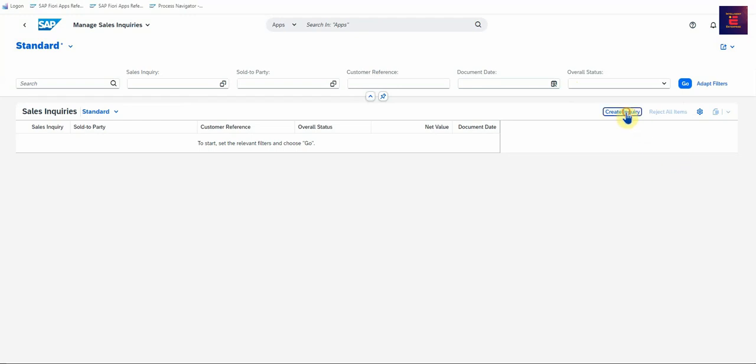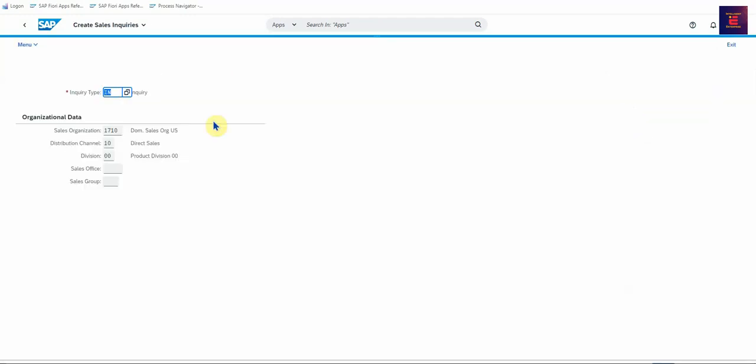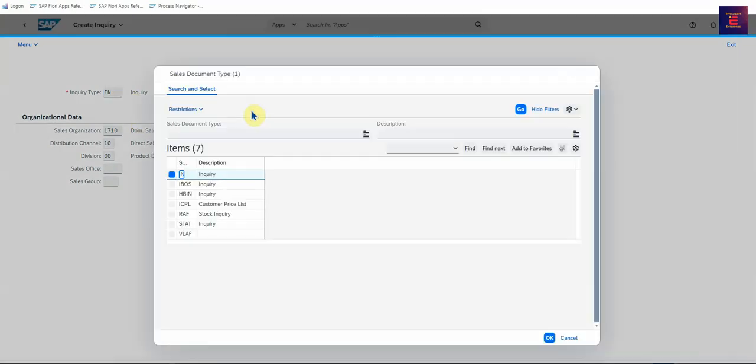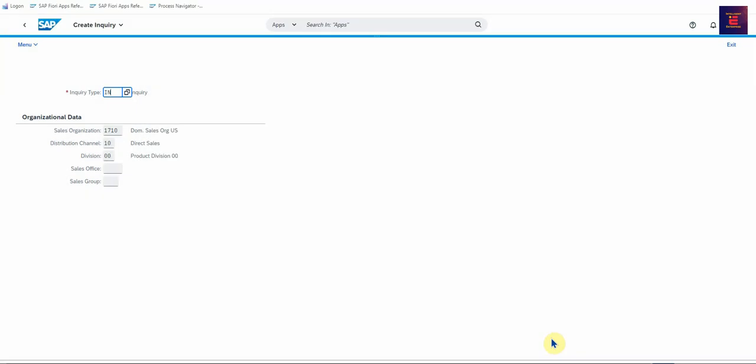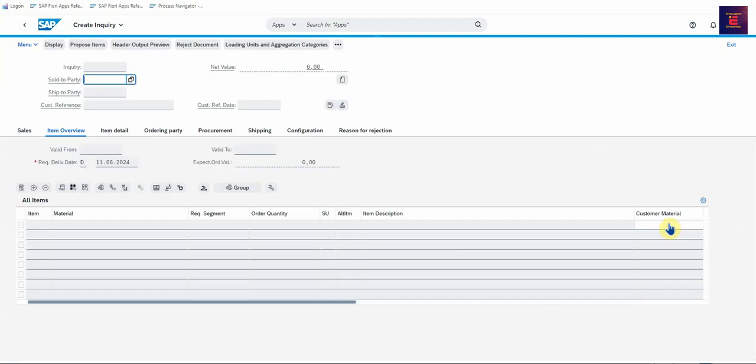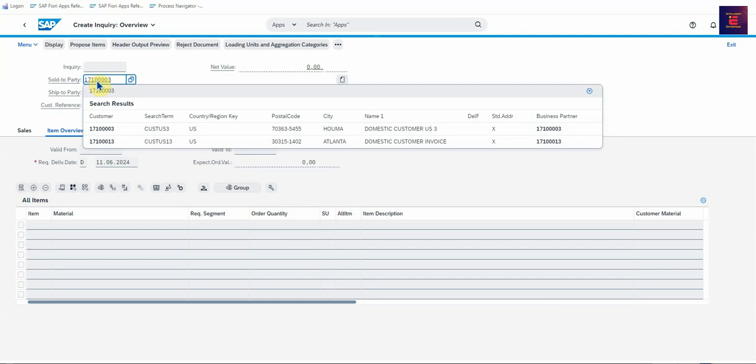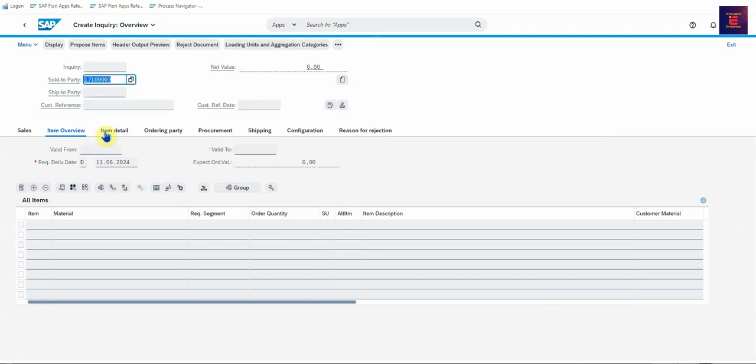So you basically just click on create inquiry. The screen will open up. We select the inquiry type from the drop down. We'll use IN, the standard one. Sales org, distribution channel, division, you have to enter. We continue. In the sold to party, we will work with customer 171403, and then